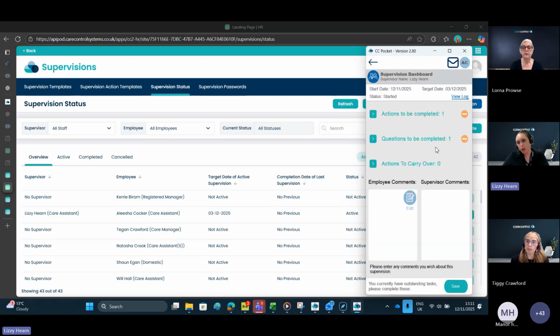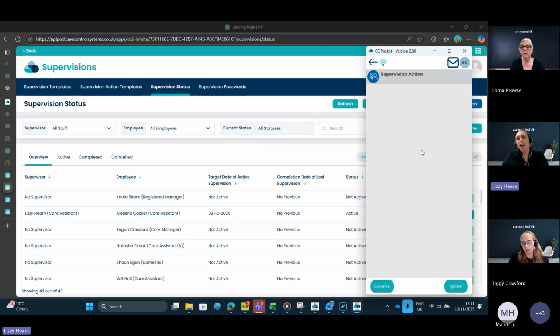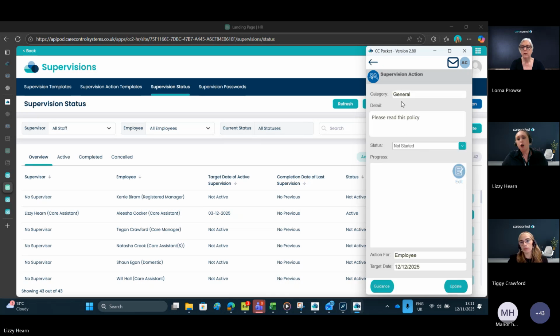If we select view, we can see we've got one action that needs to be completed and we've got one question that needs to be completed. This is obviously because I'm creating this just as a quick demonstration. If you guys have added more actions or if you've added more questions, obviously there'll be more there for Alicia to complete. Now, if we select actions to be completed, okay, and select the option,